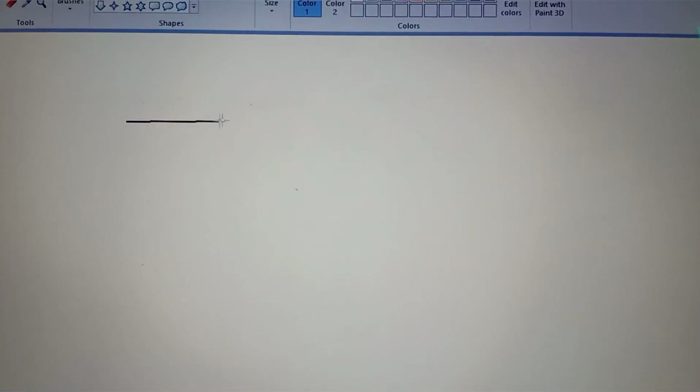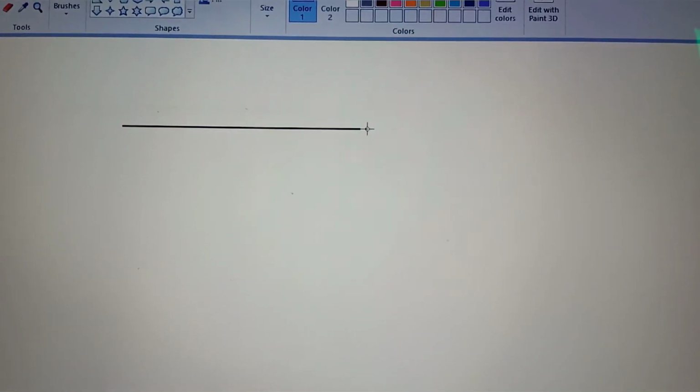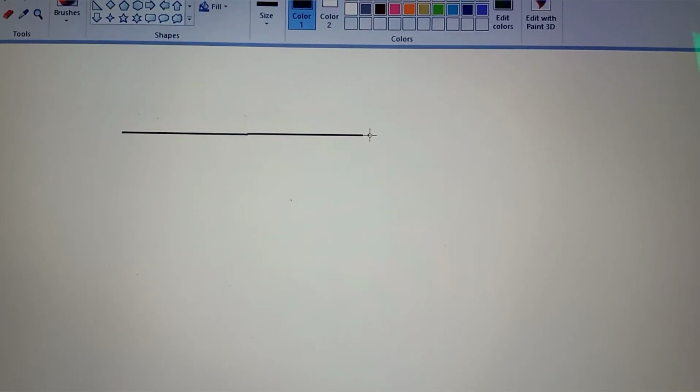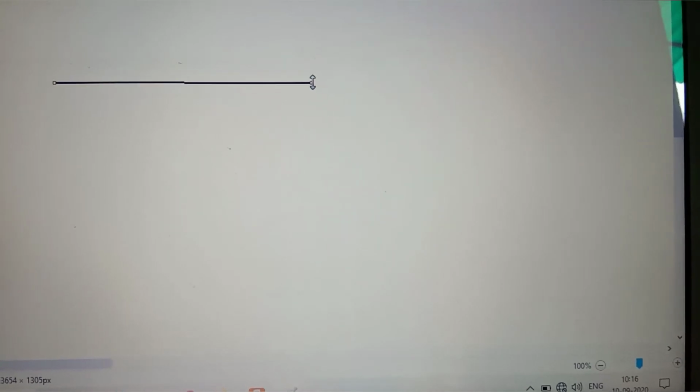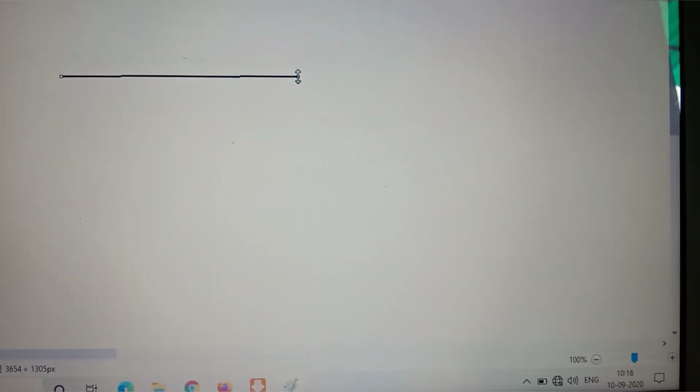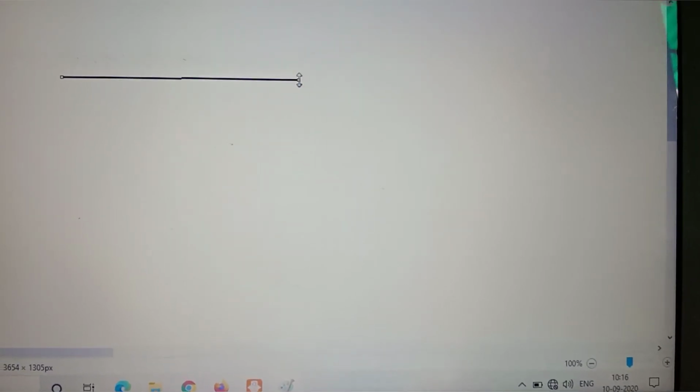Okay, then click on the drawing area, press the left button of the mouse and do the dragging. Done. You can also arrange your line by pressing the side of the line. Okay, so my line is ready. Then click at different points to draw a line joining the previous point. Click at the first point to complete the polygon. So that means to complete the polygon, this is done.